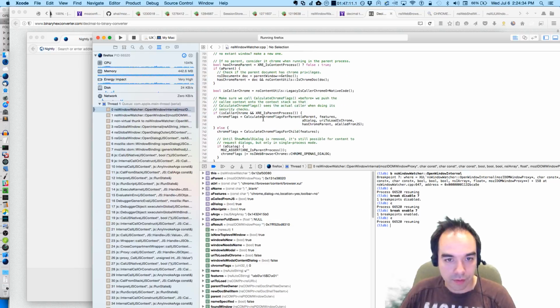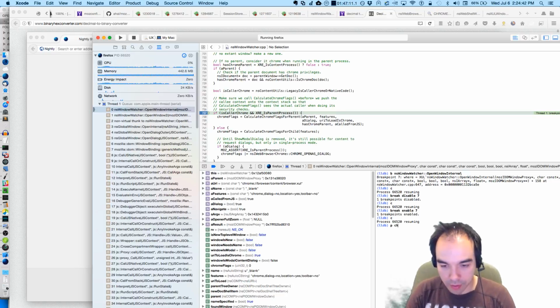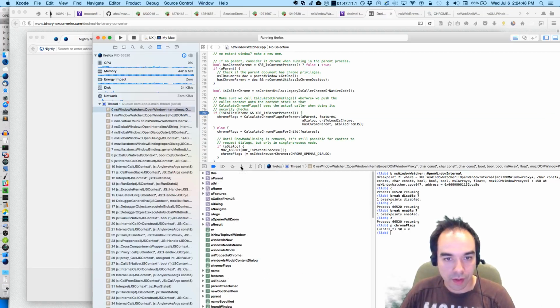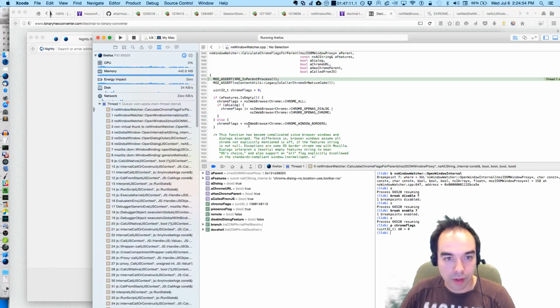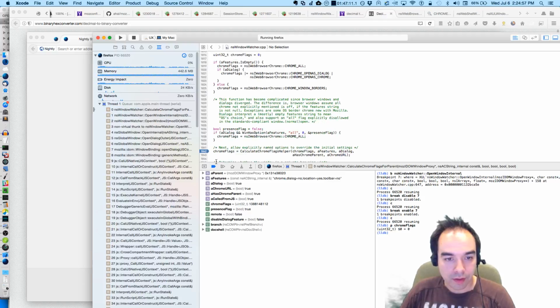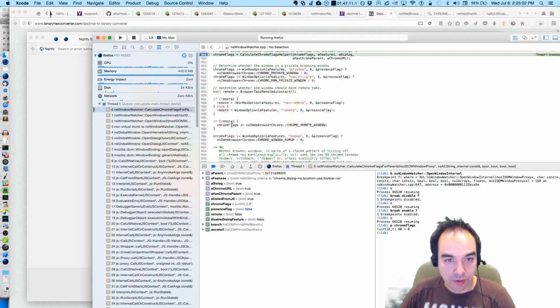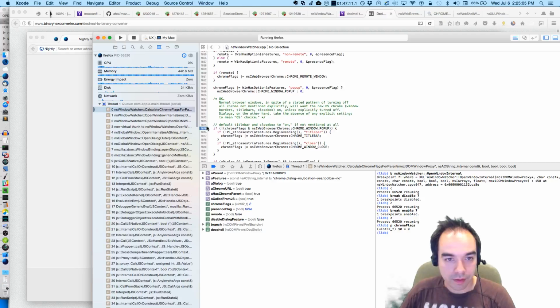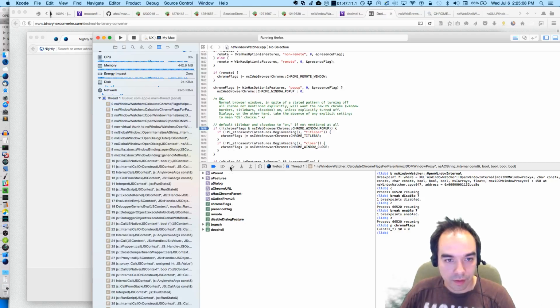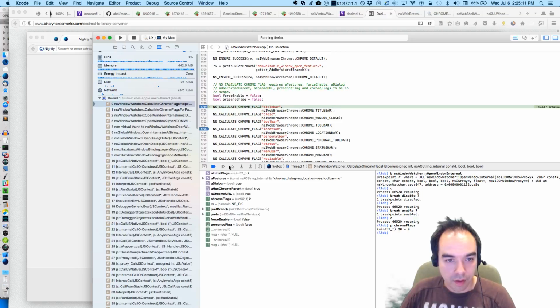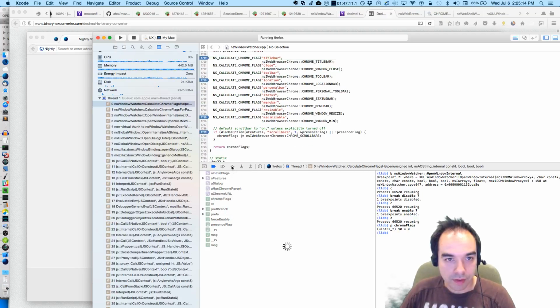And the calculations of Chrome flags happens down here. Can continue. Our Chrome flags start out as what? 0. We're going to enter here. Pretty sure this calculates it correctly. At this point, we get Chrome flags as 2, and then eventually we get past all this.